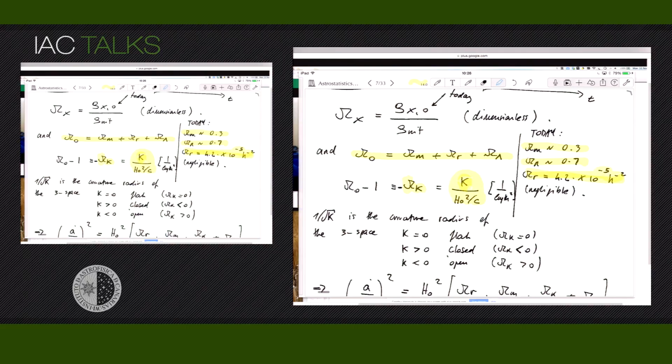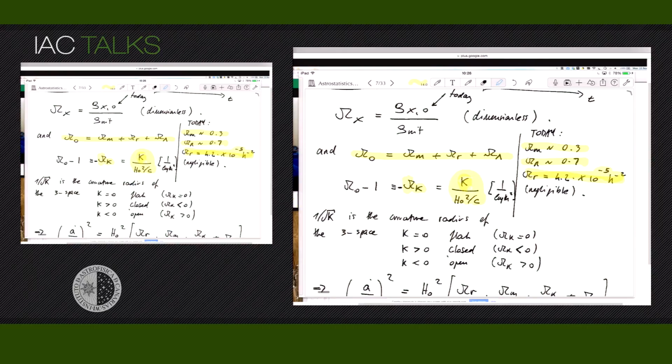So really, the only quantities we need to measure today are omega matter, omega lambda, and H naught, if we want to know the expansion of the universe. Kappa is this integration constant that we saw before. It turns out this quantity has dimensions of 1 over length squared in general relativity, and so 1 over the square root of kappa is the curvature radius of the spatial